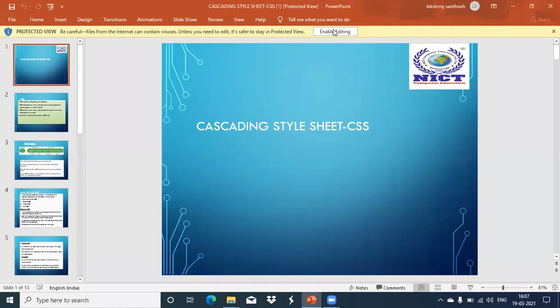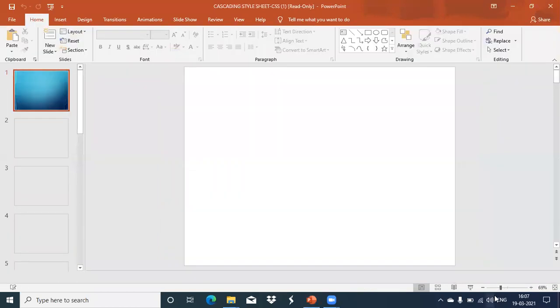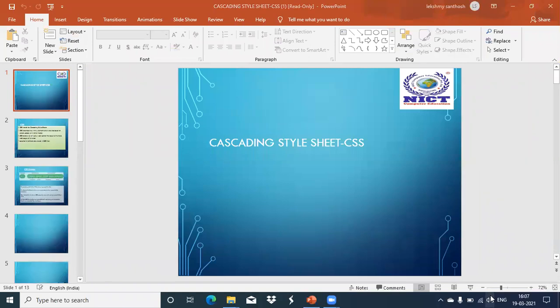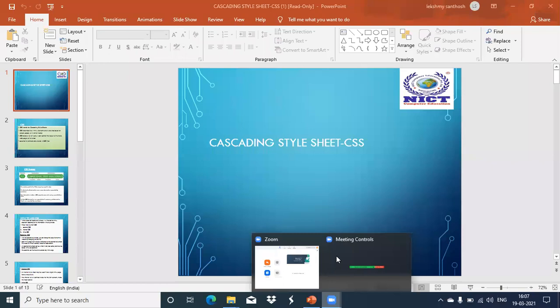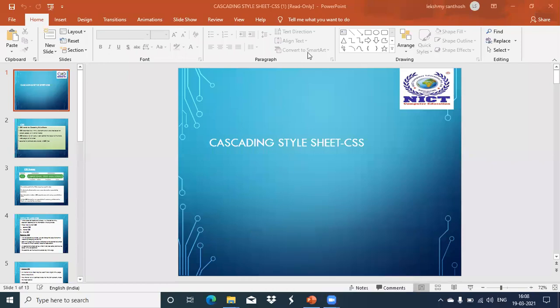So we have started yesterday cascading style sheet, that is CSS. Anyone tried?